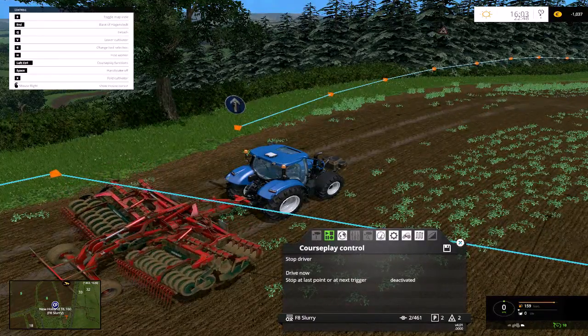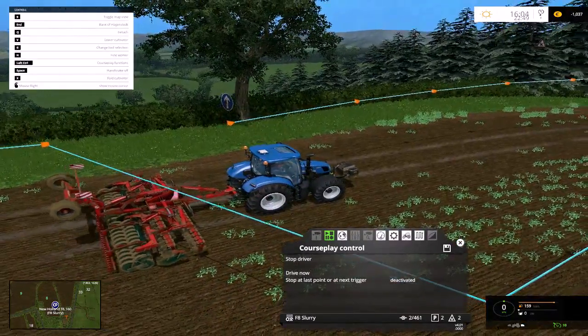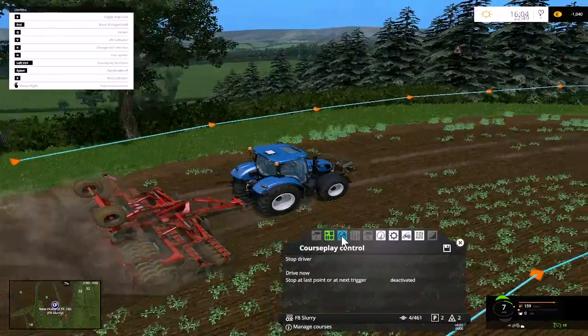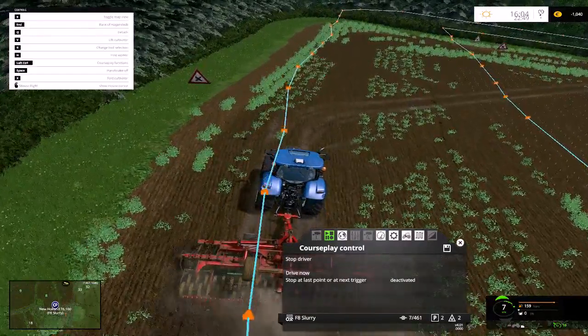Right, so as you can see we're going to cultivate field 8, and all I've had to do is load the slurry course and put it onto field work, and then it started doing it. However, the cultivator isn't as wide as I thought it was,